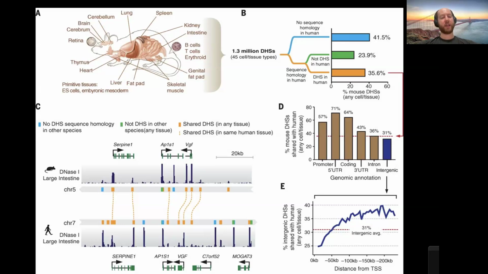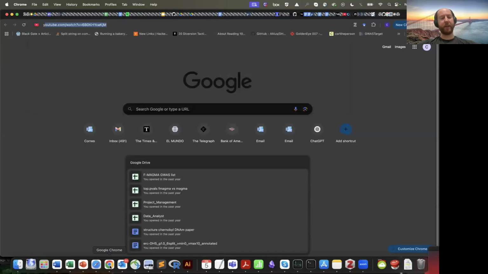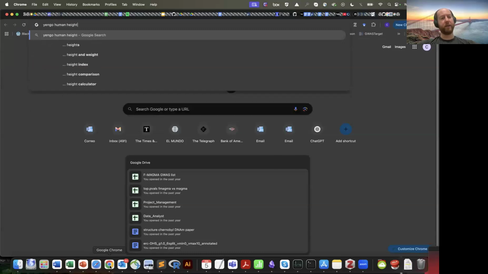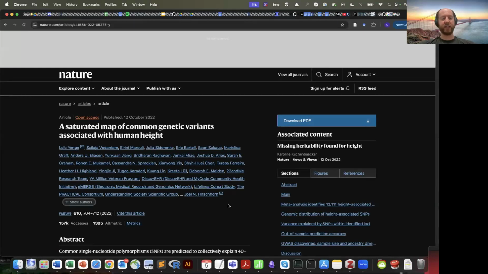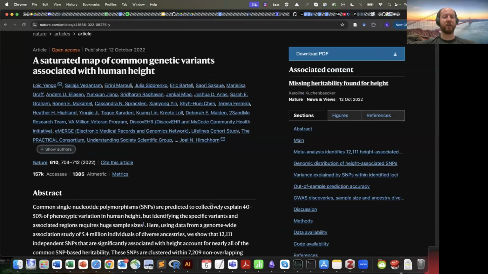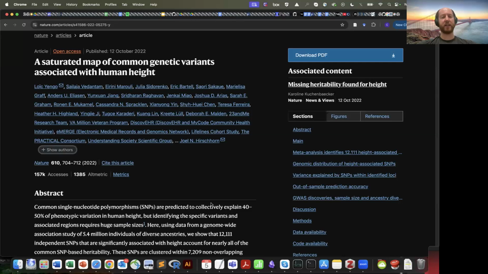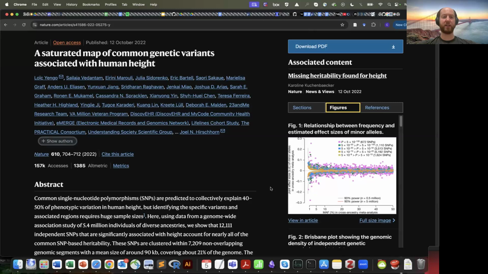And so I'm glad that you asked about human height. So those are very important advances in genetics recently, which I don't think made it into the mainstream, but was very highly shared among scientists. And this was the mapping of genes that are involved in human height, which was actually completed, in terms of saturated, in 2022. So a study was done with around 5.4 million individuals,